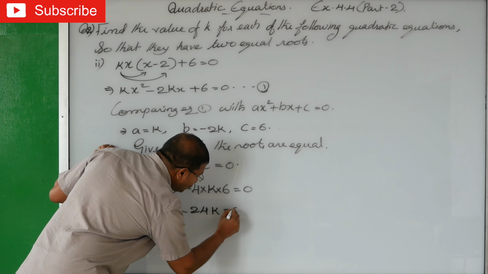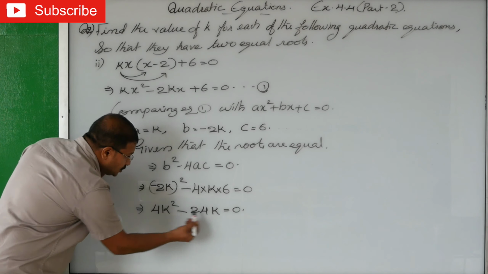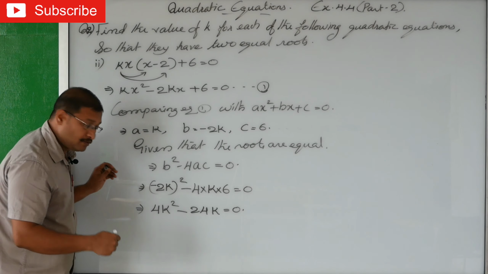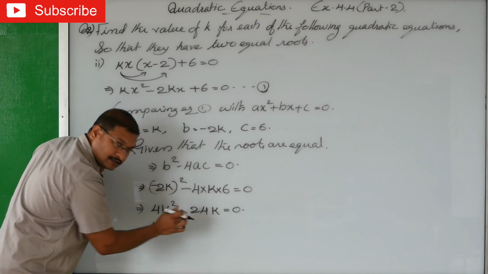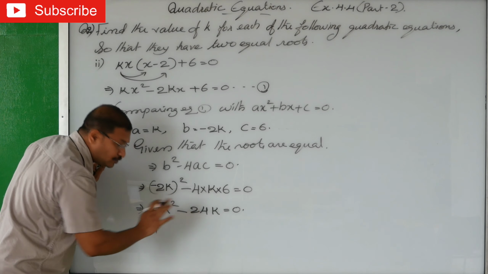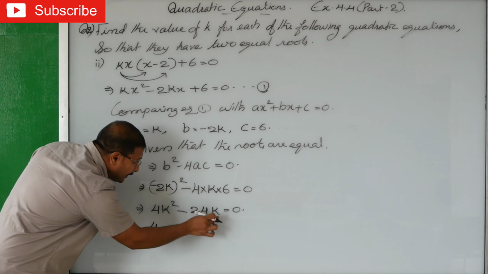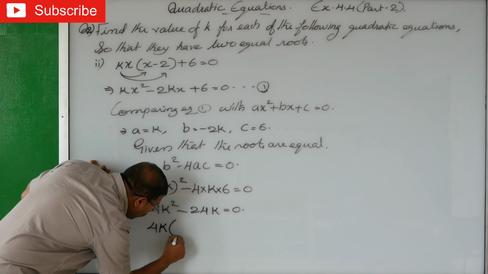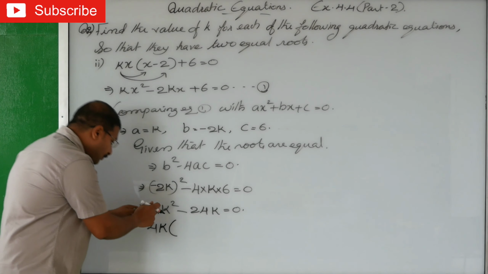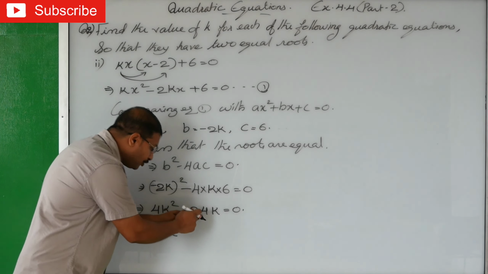24, k equal to 0. From these two, what can you take common? 4, 4 into 6 is 24. That means 4 you can take from both numbers. After that, k square and k, what can you take common? K. That means 4k will be the common, because from 4 we can take 4 outside, from 24 we can